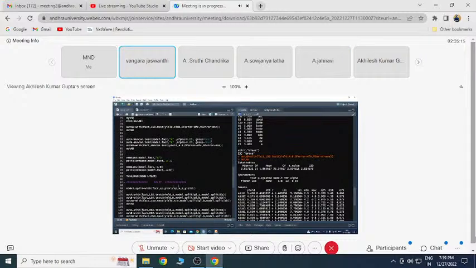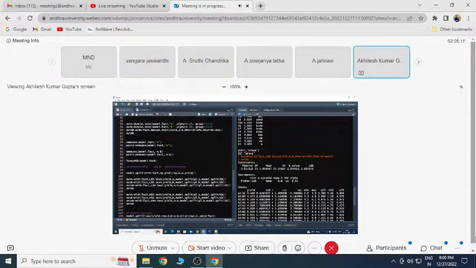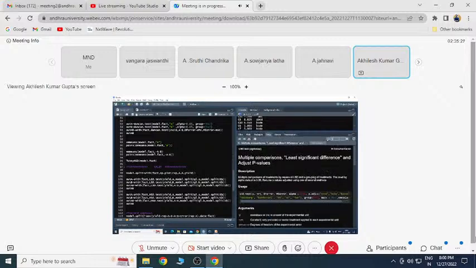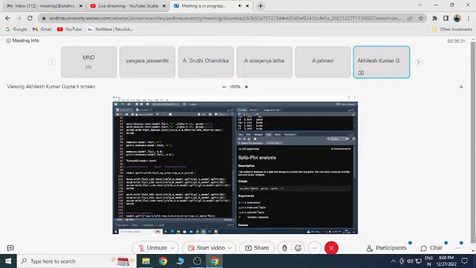Okay, so this sp-plot command is used for my split plot design. With fact data, you can use replication, A, B, yield. Again, I told you use this help, you will understand how I have written this. See, first you have to give block, then the main plot factor, then your subplot factor, then you will have to give y. So this is my block, this is my main plot factor, this is my subplot factor, and this is my y. So I run this and I will get my result.